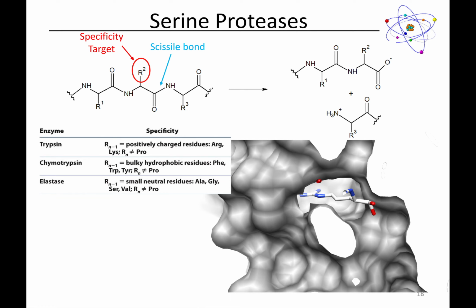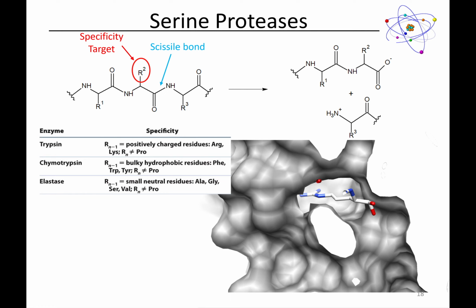These enzymes are specific though. They look for very specific things. All of them look for the sequence of amino acids usually just before the scissile bond, right? So just to the N terminus of our scissile bond, our reactive bond. If this is the bond that gets broken, what we are looking for is the identity of the side chain just before it, okay? So here, the enzyme trypsin looks for this side chain to be arginine or lysine, long chains with a positive charge at the end. And that table that I give you that looks intimidating,